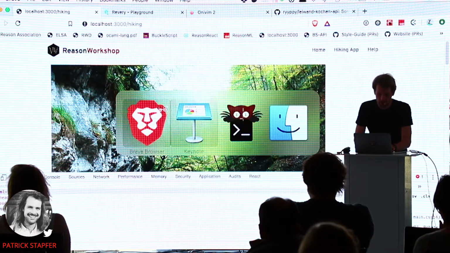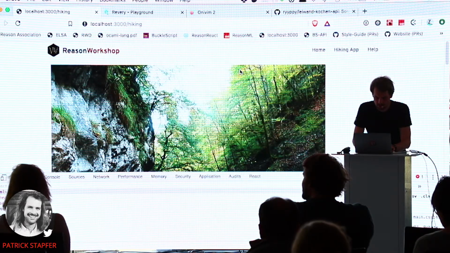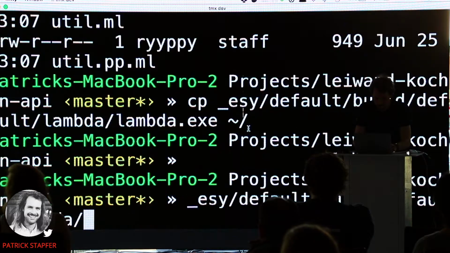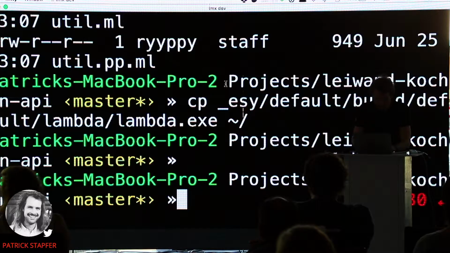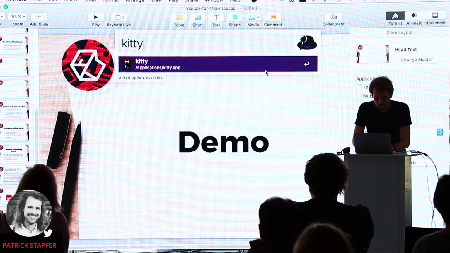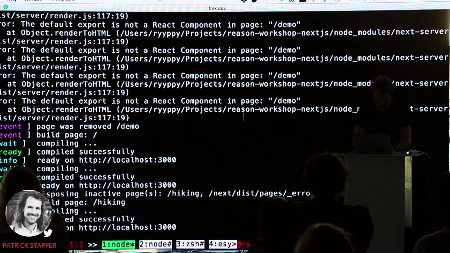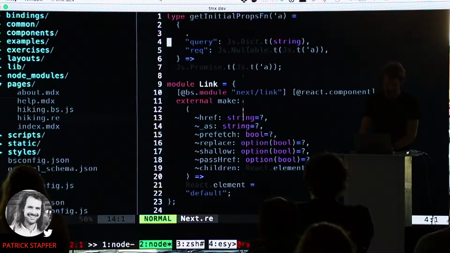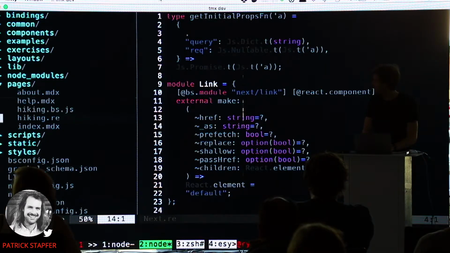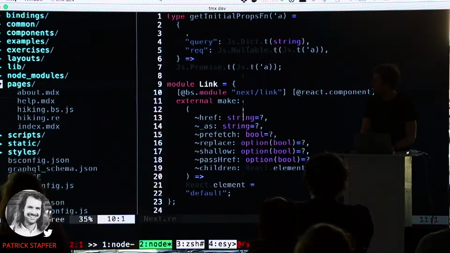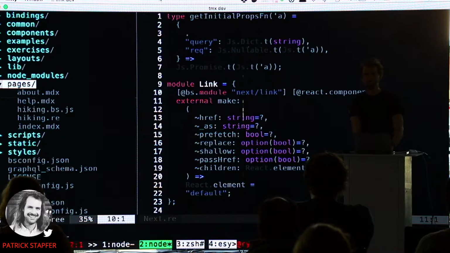But I think I just want to go into the little details. I'm using Vim, so hopefully you're not confused by my quick interaction with my editor. So first of all, we have a pages directory.